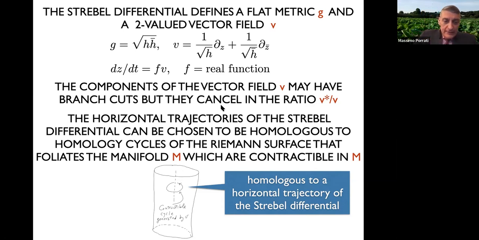So maybe I can stop sharing for a moment and draw a diagram. Let me see if I can share a whiteboard. Okay. So I can, of course, have 3 pairs of pants and join them, say, attach them to a sphere with 3 holes, right? And construct a Riemann surface by repeating this construction over and over, right? Now, on the other hand, I can even shrink this